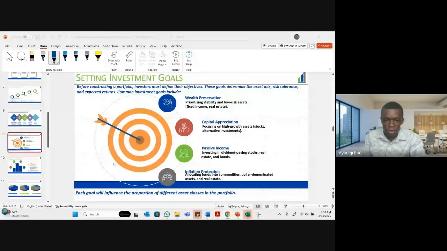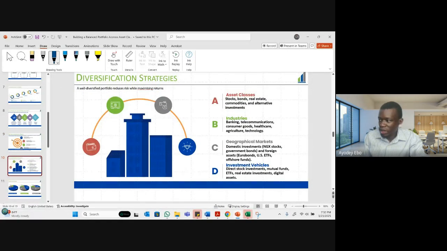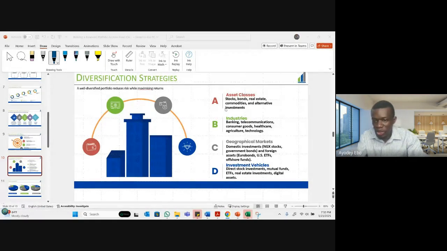Okay. So now, the diversification strategy. Diversification is very key. When we talk about diversification, if you are investing in stocks, you need to invest across different industries. So when I'm proposing, you see some of the portfolio. Are you in oil and gas? Are you in banking? Are you in telecoms? Are you in the agri space? You don't just put the funds